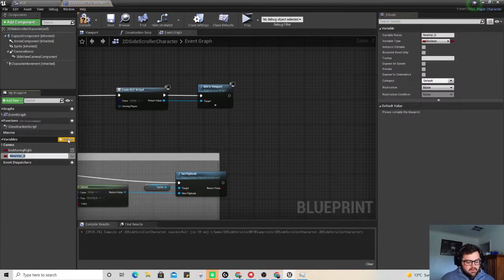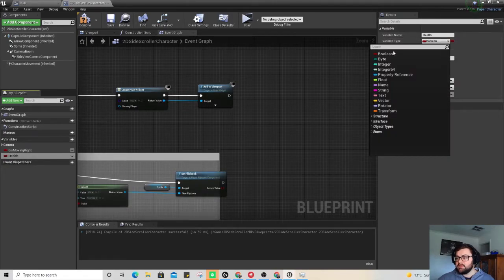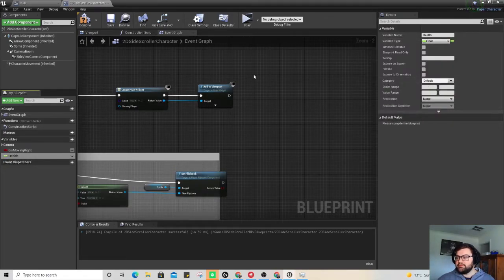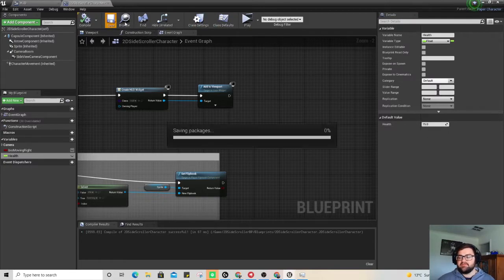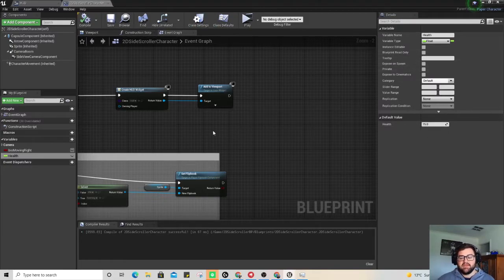We need to make a variable, and it needs to be called health, and it needs to be a float. There we go. We need to compile that first. I don't know why. We're going to make that a default value 75. The reason I'm making that 75 is so that we can see if it's actually progressing. Okay. So now we've actually made that variable, made it so your health bar is nearly 75% filled when you